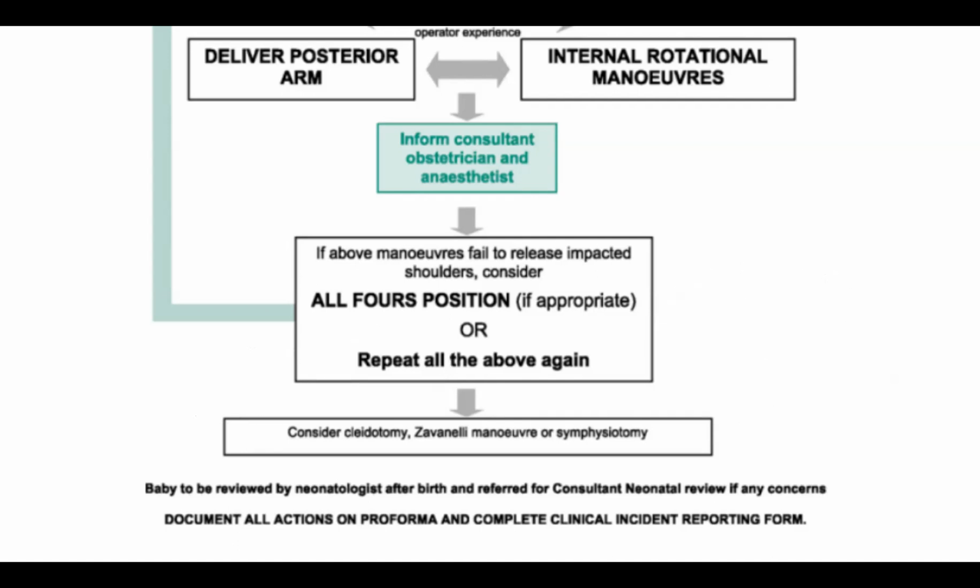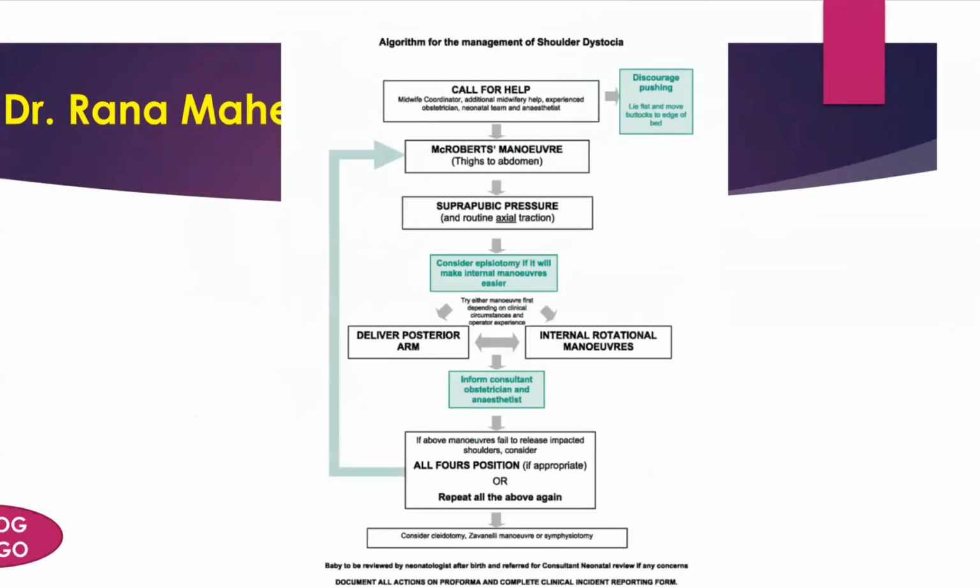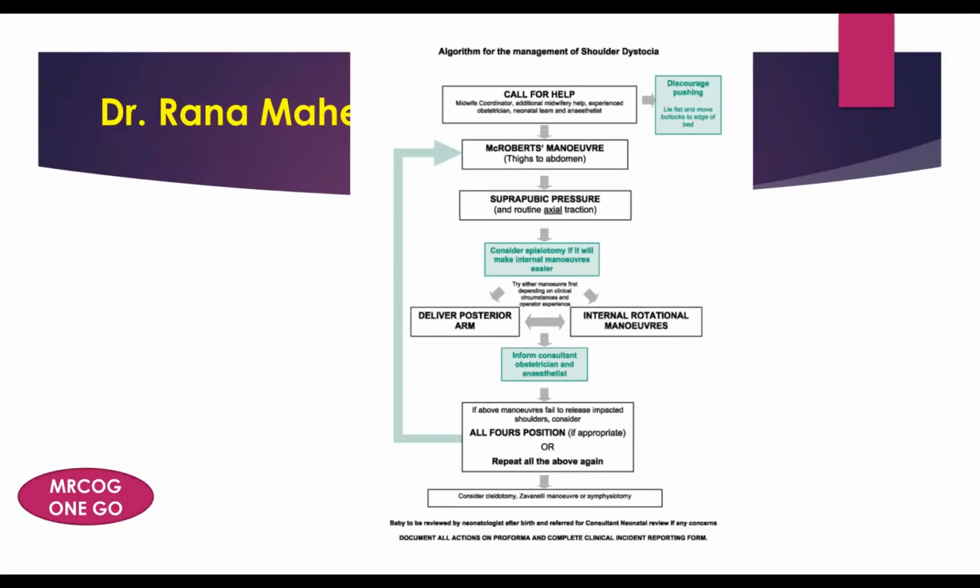Okay? So now this is the management of shoulder dystocia in the algorithm. If you follow the algorithm, you will not miss any point. In every step, you will tell the ST1 about some points, like the success rate and how we're going to do it, and for how long. Every step or every maneuver, we will take 30 seconds, and then we will move to the next one, until we are at the end. So we can repeat all the steps again. And if failed, at this time, we will go for destructive measures or destructive maneuvers.